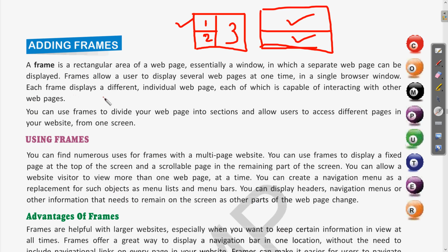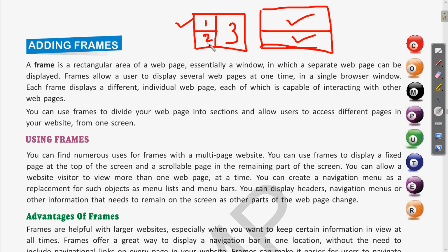Each frame displays a different individual web page, each of which is capable of interacting with other web pages. Clear? So while we are making these web pages, each of them will be different, and it may also appear that in the first page, suppose, there is some link with the third or another page, so this interlinking can be done.